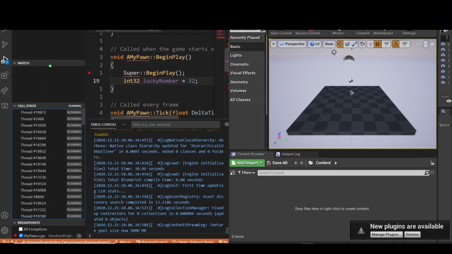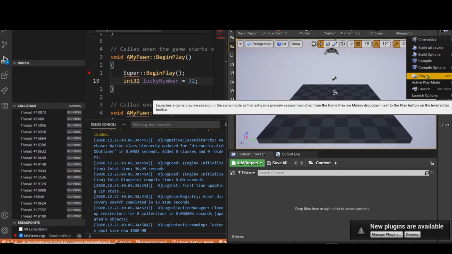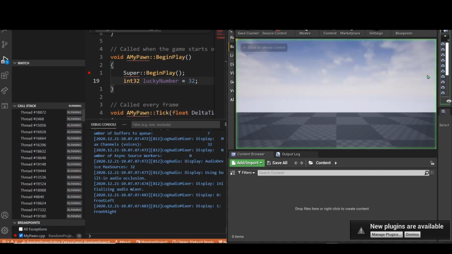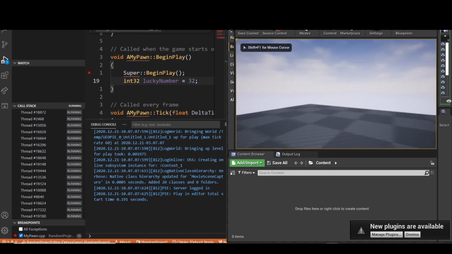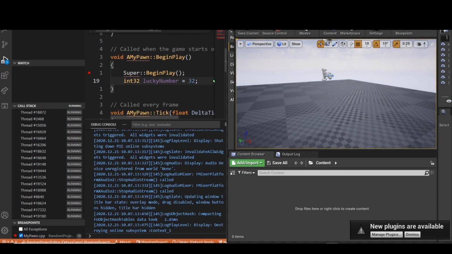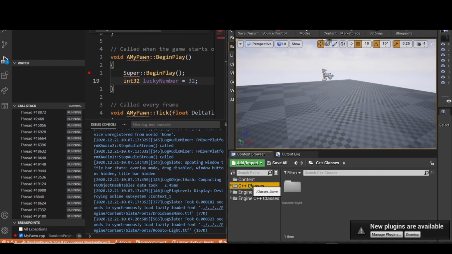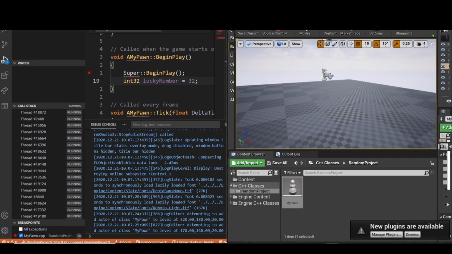Yeah, close enough. Okay, so we have all this. So what I'm going to do is, let's see if I can minimize this. Okay, we'll just play it here. So if I run this, okay, it was supposed to call the debug. Oh, I think I know why. It's because in my C++ classes, I never dragged the class to the editor. So now if I run it,